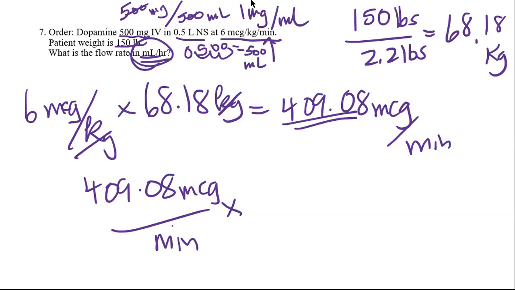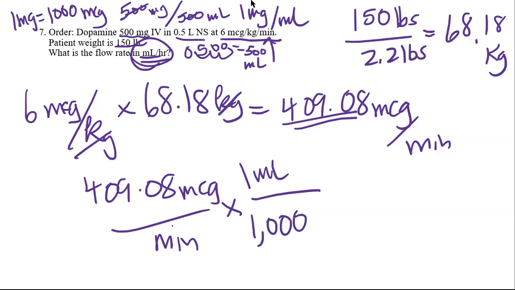So we've got milligrams per mil, but we know that 1 milligram is equal to 1,000 micrograms. So we can say 1 milliliter divided by 1,000 micrograms. Because we simplified it, we flip it so that we can cross out these micrograms. And so now we've got